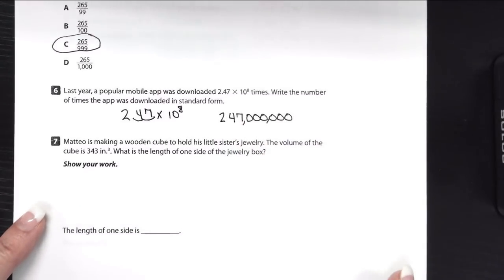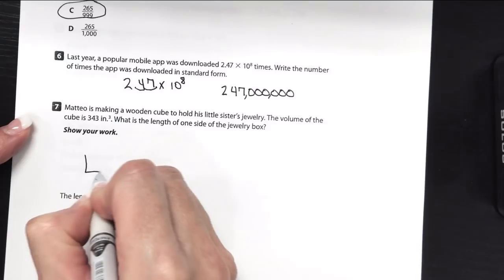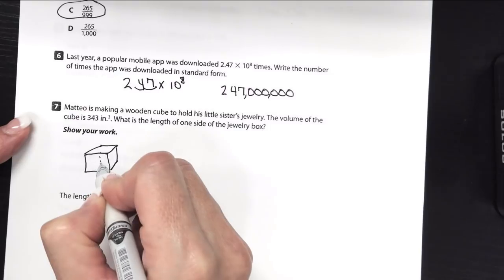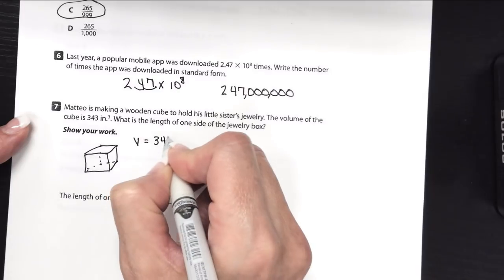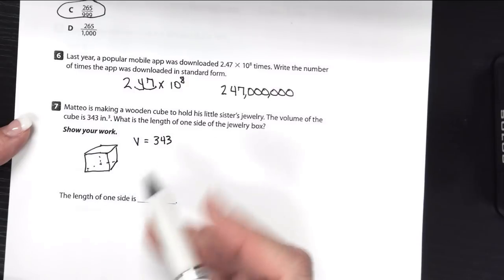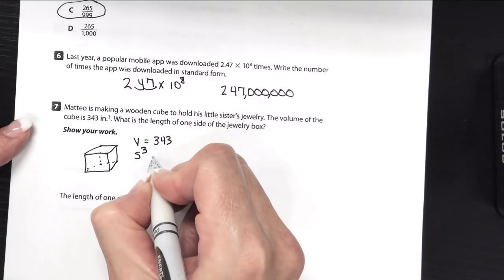Okay. All right, number 7. Mateo is making a wooden cube to hold his little sister's jewelry. The volume of the cube is 343 inches cubed. What is the length of one side of the jewelry box? We know that the volume is 343. We know that it's a cube, so that means every side measures the same. So we know for volume of a cube, we do side cubed equals